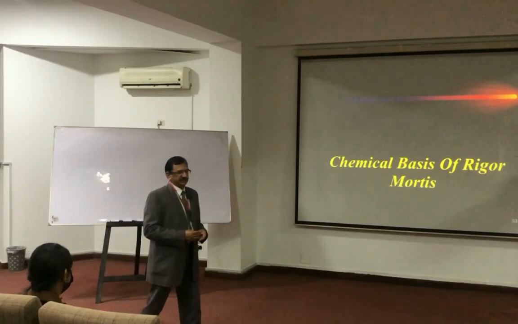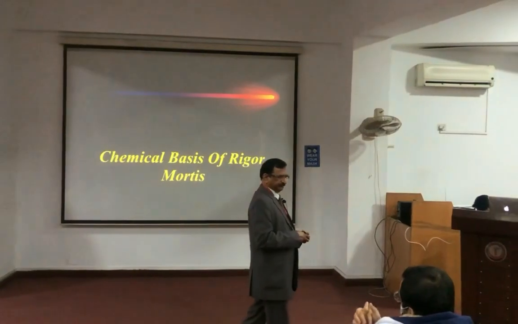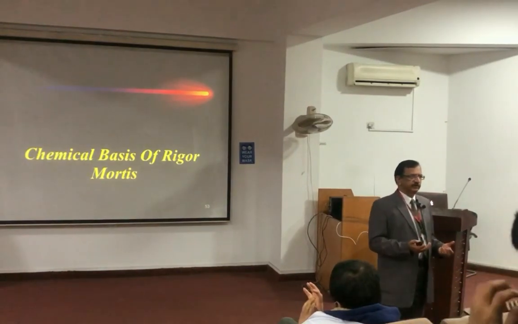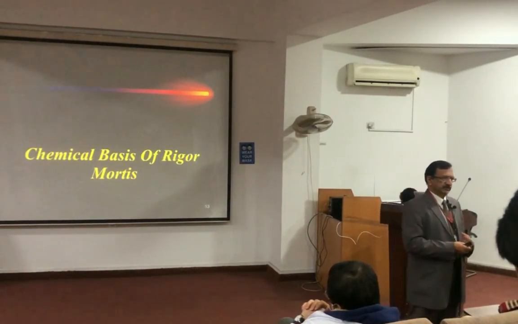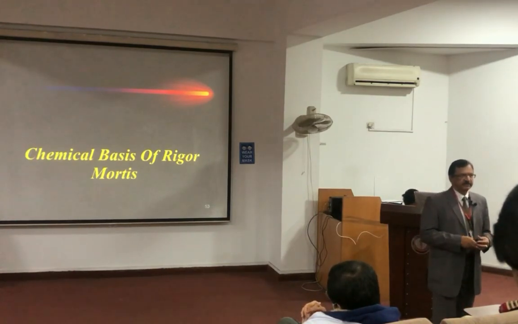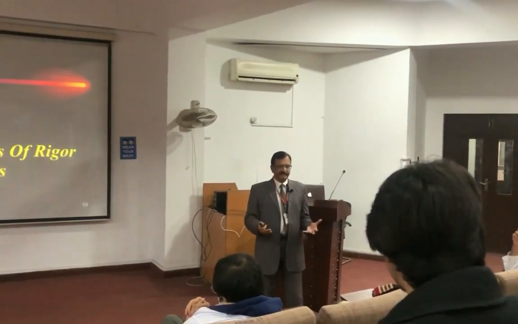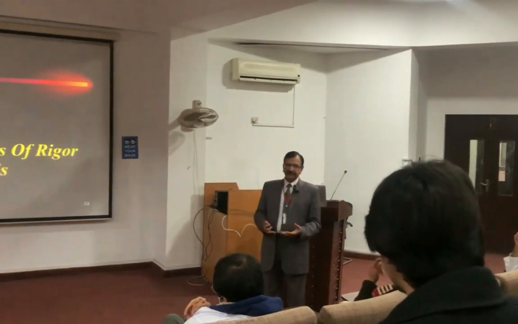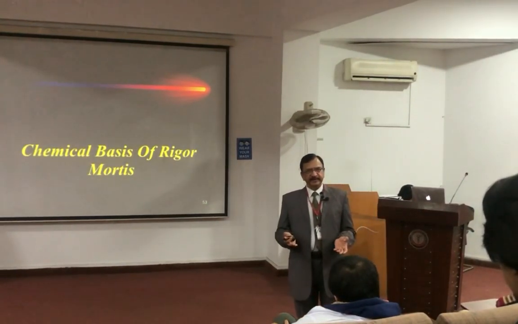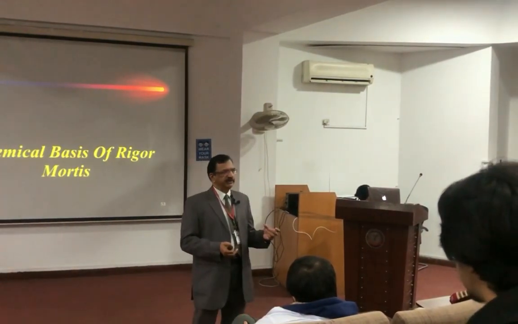What is the chemical basis? Normally what happens? What is required for life? ATP. What chemical processes are going on for producing ATP? Oxidative phosphorylation in the carbonic acid cycle and glycolysis. So both processes are the process of life, and after death the ATP production continues because of already present glycogen, because of the disintegration of the glycogen by anaerobic glycogenolysis.